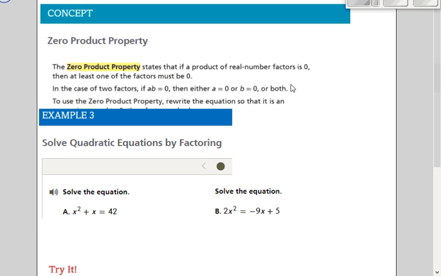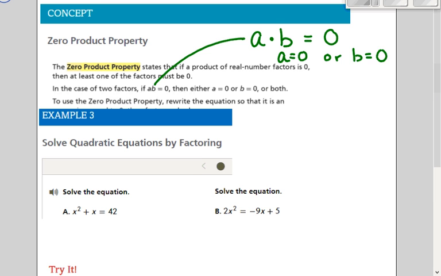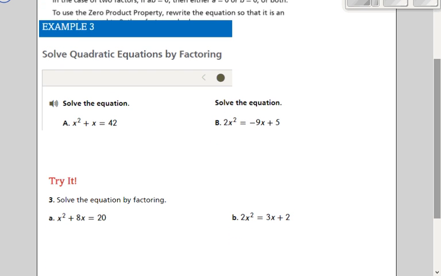In example 3, we are going to use what's called the zero product property to try to solve the equation for x. And what the zero product property tells us is that if you have two factors, a times b, and you want the result to equal 0, that means that either a equals 0 or b equals 0. So our goal in solving these problems will be to try to get one side of the equation equal to